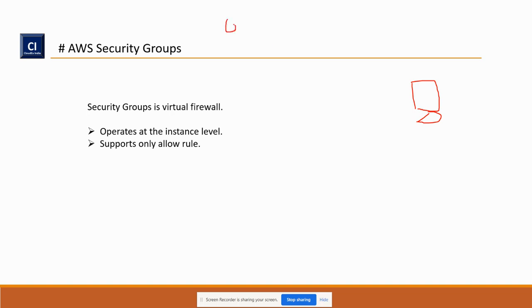It means, take an example, there is a user, and the IP of this user is, suppose, 10.1.1.10, and this person is trying to access your virtual machine, so you have to allow this IP address to access the connection or access the system over the network. Okay, so it requires port 3389 to access this virtual machine. So there is no deny rule, you can specify only allow.